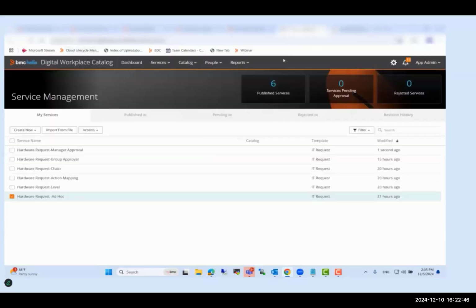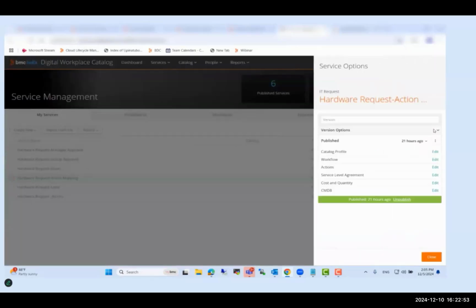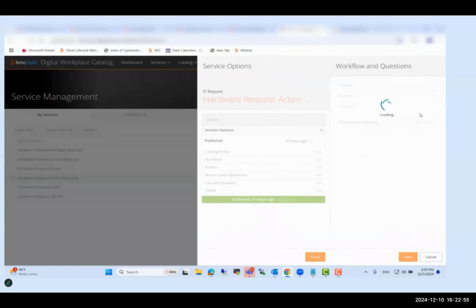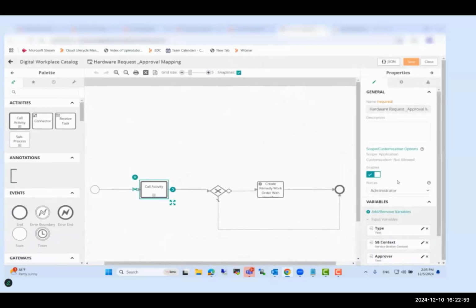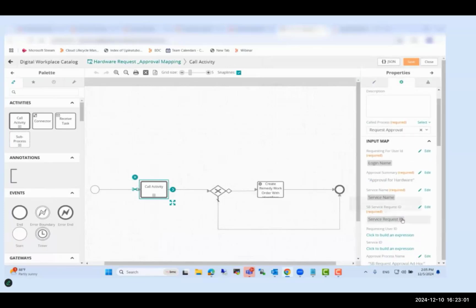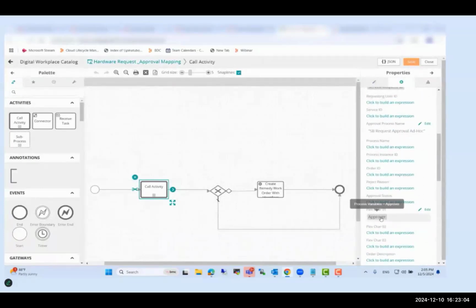We'll go to the DWP catalog. We have here a service called hardware request action mapping. We'll go to workflow, same workflow, again, call activity, approval, and here I map to the flex character one, approval